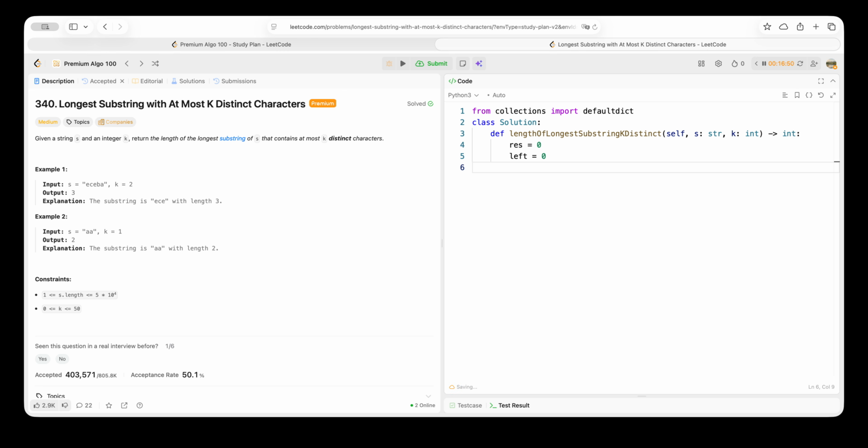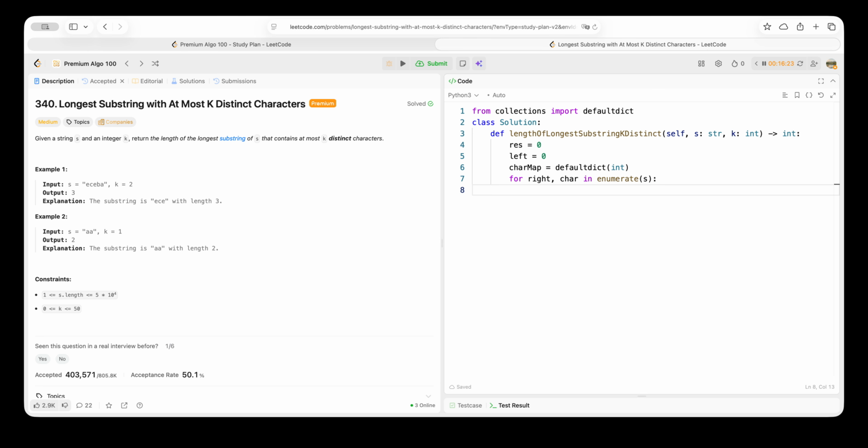We also need a char map, right? So char map is a defaultdict with the value as integers. All right, so for right, char in enumerate(s):